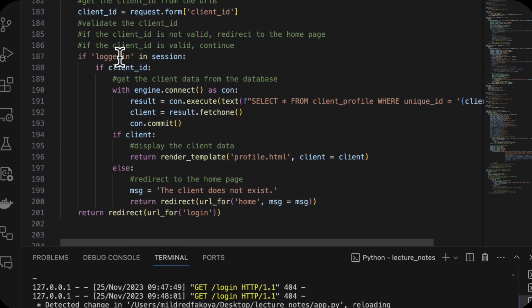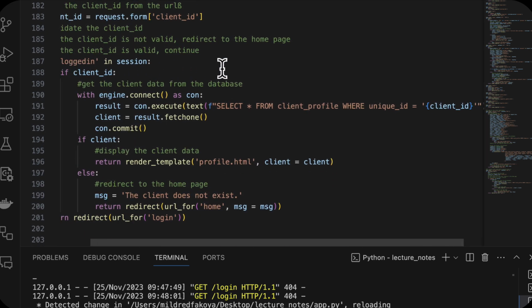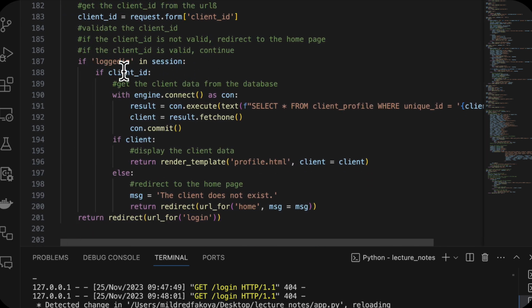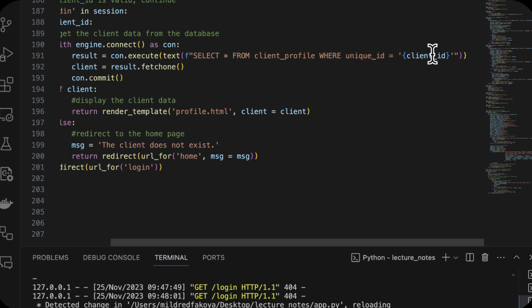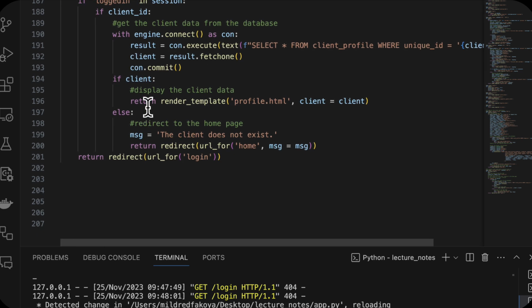We want to check if the person is logged in. If the current user is logged in, we want to check if the client ID is filled in. We want to select from the client profile where the unique ID is equal to the client ID that we just collected on the form. And then we want to render template profile, and then we want to send that client. The whole detail we got from the database about the client, all of the column values, we are sending it